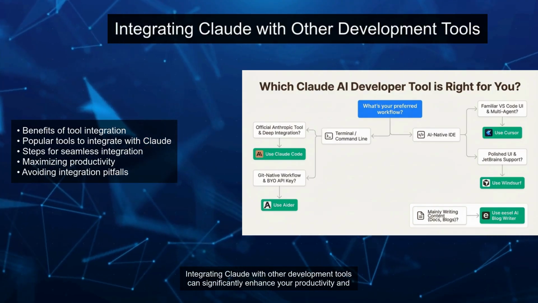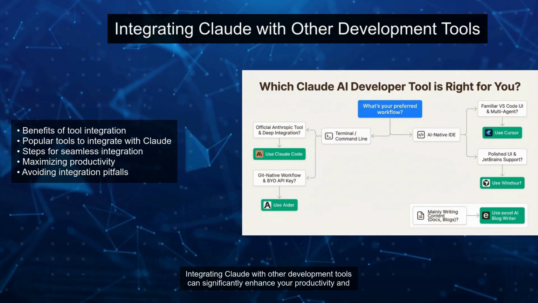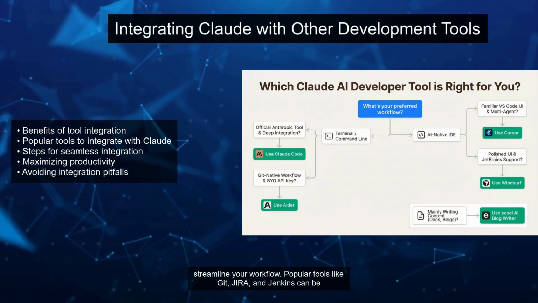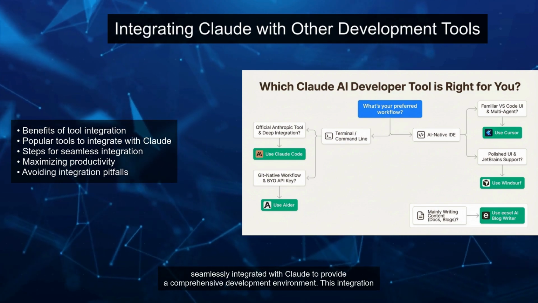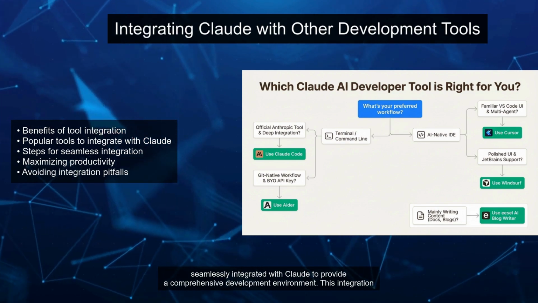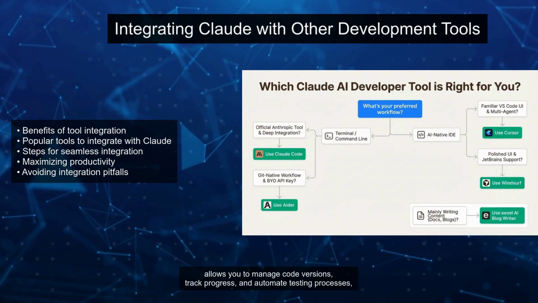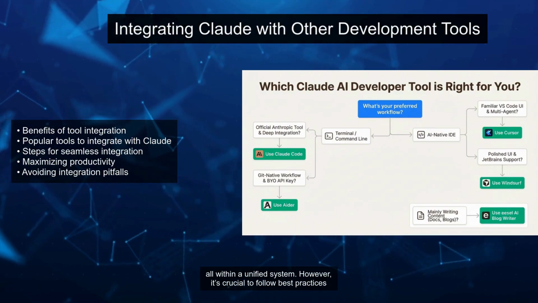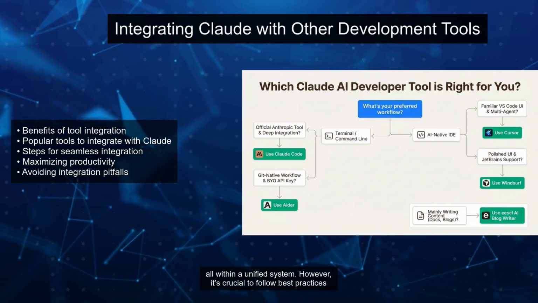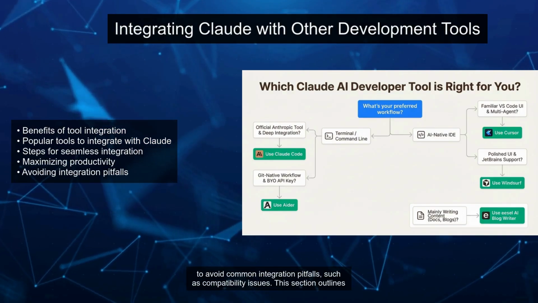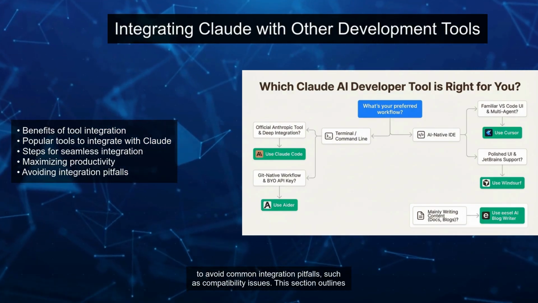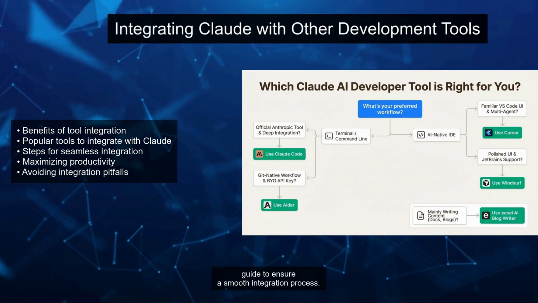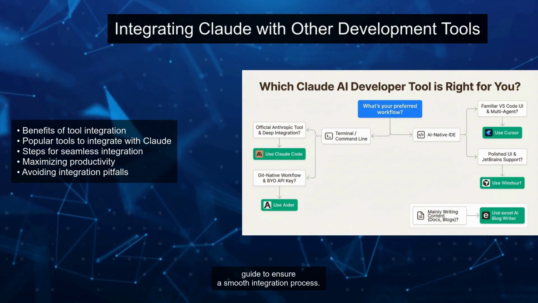Integrating Claude with other development tools can significantly enhance your productivity and streamline your workflow. Popular tools like Git, Jira, and Jenkins can be seamlessly integrated with Claude to provide a comprehensive development environment. This integration allows you to manage code versions, track progress, and automate testing processes, all within a unified system. However, it's crucial to follow best practices to avoid common integration pitfalls, such as compatibility issues. This section outlines the benefits of integrating Claude with other tools and provides a step-by-step guide to ensure a smooth